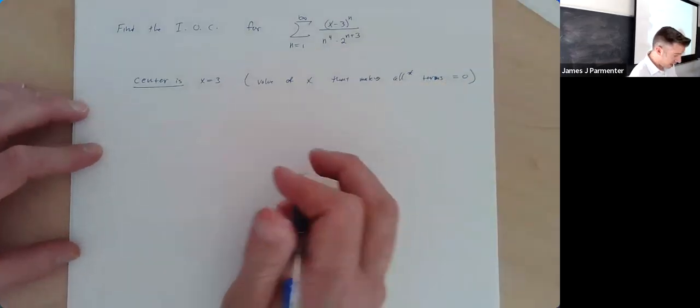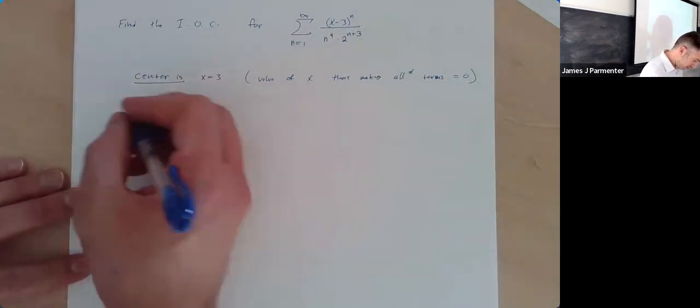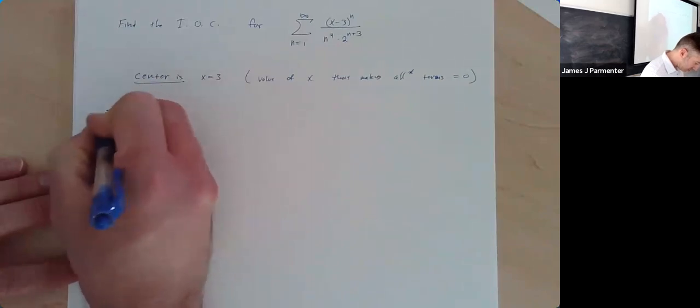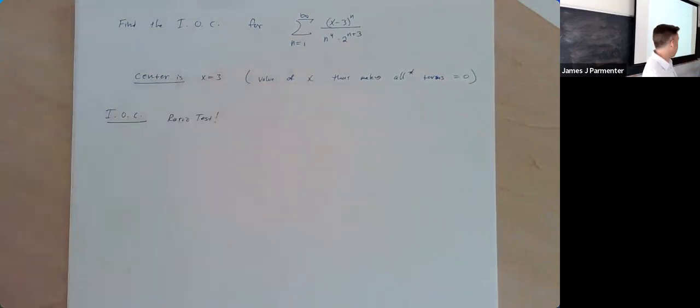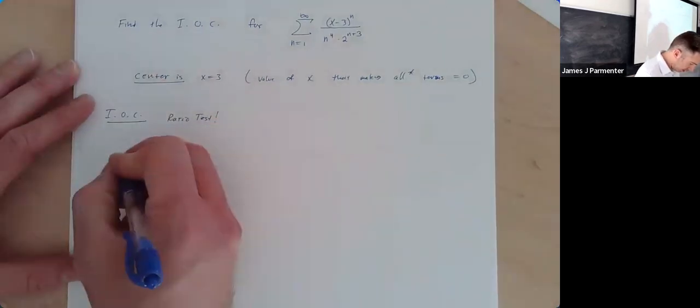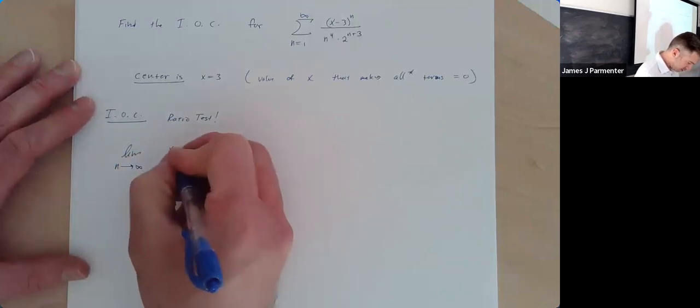Okay, so now if I want to find the interval of convergence, I'm going to apply the ratio test. In fact, I will just make a blanket statement here. Whenever someone says find the interval of convergence, if you haven't already done something like taking a derivative or an antiderivative to get there, and you already know what the interval is, you're going to be applying the ratio test. So we're going to do the limit, n goes to infinity, of the n plus 1 terms, so